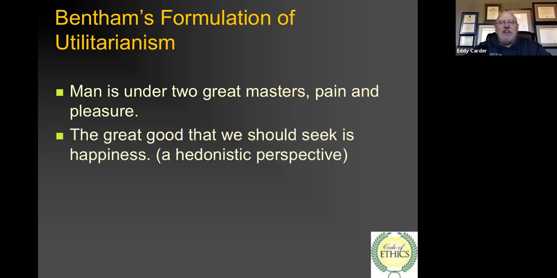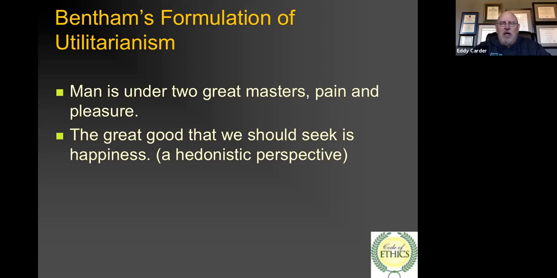The great good that we seek is happiness, he says. Now, let me talk about happiness in Mr. Bentham's definition of happiness. He's not talking about emotional happiness like we would. When we say the word happiness, we're thinking about giddiness or chuckling or an emotion. But Mr. Bentham is not talking about happiness in that sense. He's talking about happiness in the sense of pleasurable things, contentment, and those kinds of things that might be physical pleasure, like I said, or artistic pleasure, or intellectual pleasure, or social pleasure. So when you read the word happiness as it relates to utilitarianism, always think of the word pleasure, enjoyment, all right,